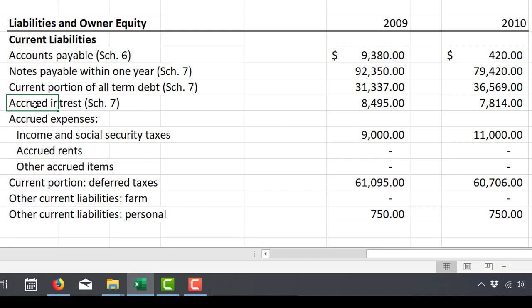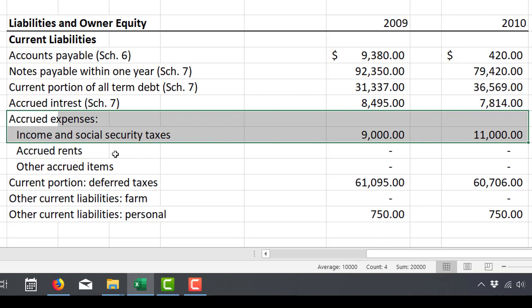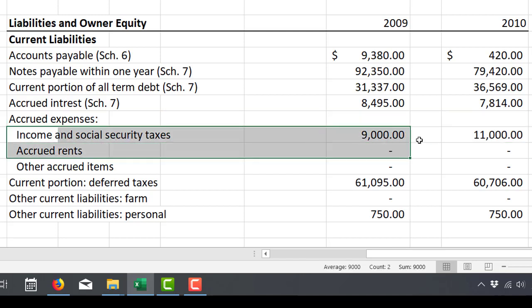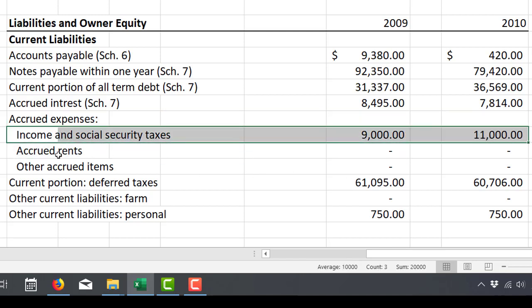Cash accounting says I'll pay it when it comes time, and that's when I'm going to write it down in the books. So we've got taxes that you have to pay and interest that you have to pay that all accrue. So here's some more accrued expenses. Income and Social Security taxes. These are self-employment taxes that any business owner has to pay on themselves